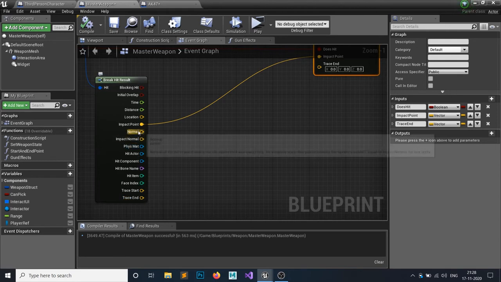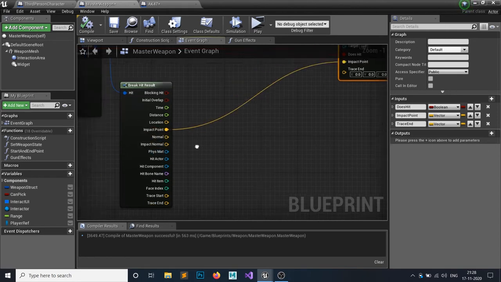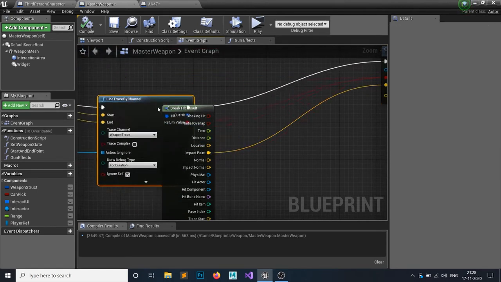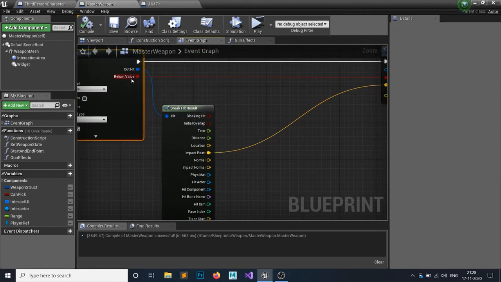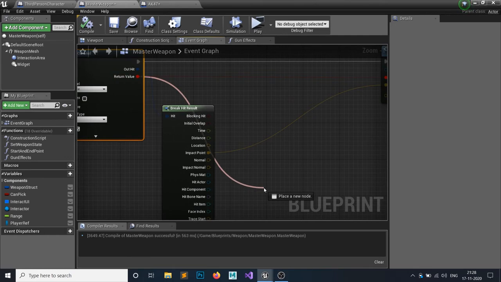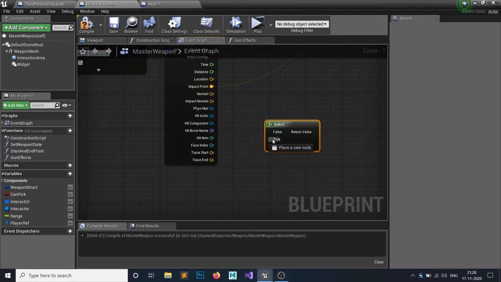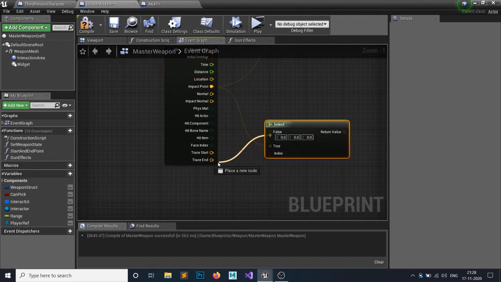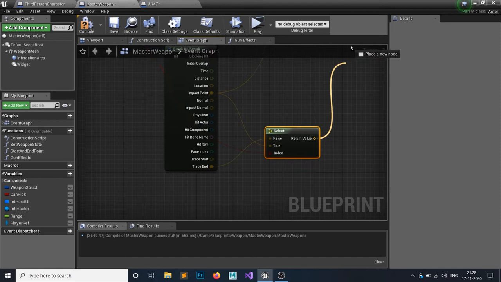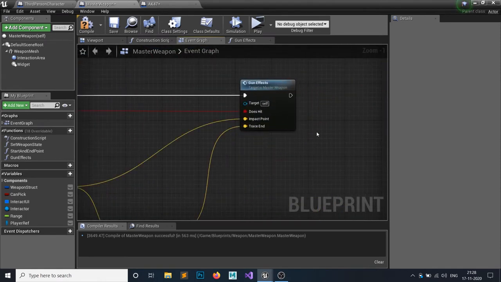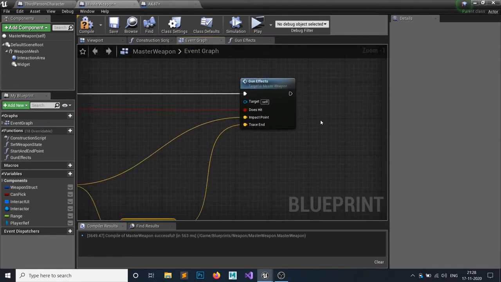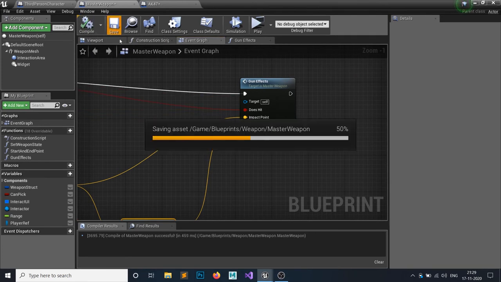But if it's blocking, then this would be this impact guy. So it will be based on your results. Oh, pardon. I will simply grab a node from this return value and select. So yes, if it's true, then I need this impact point. If it's false, then I need this trace end, and this return value goes to this trace end. Simple. Hit compile and save.